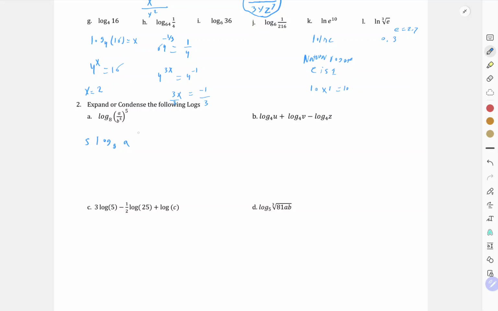Alright, let's do that with the next one, but it's the denominator, so it's negative. The denominator is always negative. Because there's only 2 terms in here, you're going to have to put a negative. So now you just write, okay, what's 4 times 5? That's 20. So 20 log